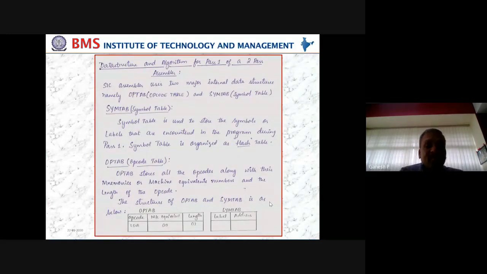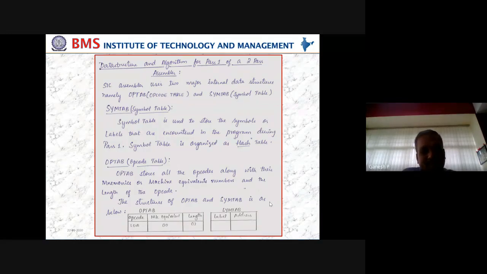Thereby, the symbol table is designed using a hash table. So for optab, there is no growth or shrinking. The optab is a fixed table. You create it for SIC, instructions are fixed, optab is fixed. You are not going to change it. Whereas the symbol table dynamically will keep varying. So the data structure you will be using, you may use a linked list or whatever it is, while designing your assembler for the symbol table. Second, make sure that you are going to use a hash table for the symbol table.